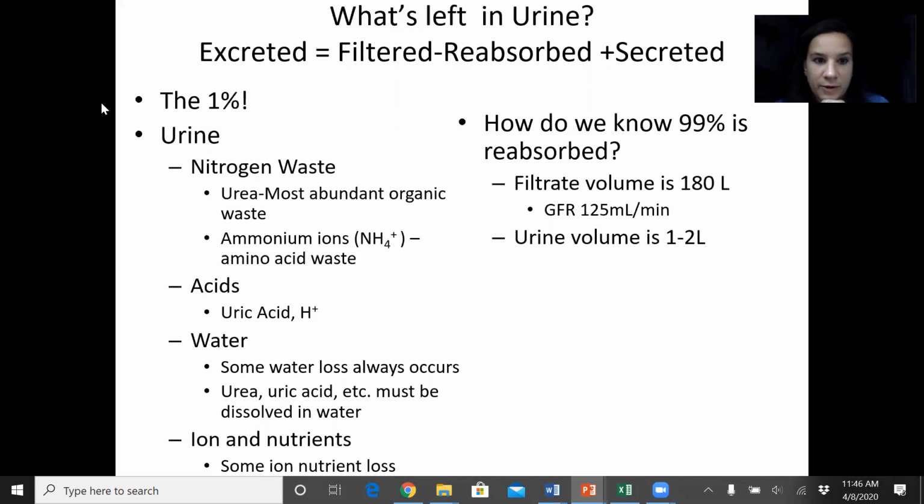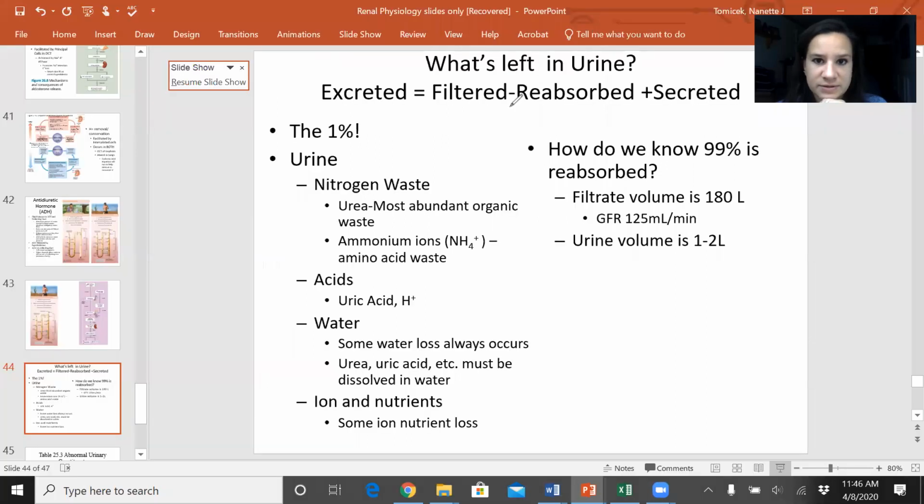Okay, so the excreted is what is coming out as urine. So if you wanted to do a quick little equation for that, that's basically what is